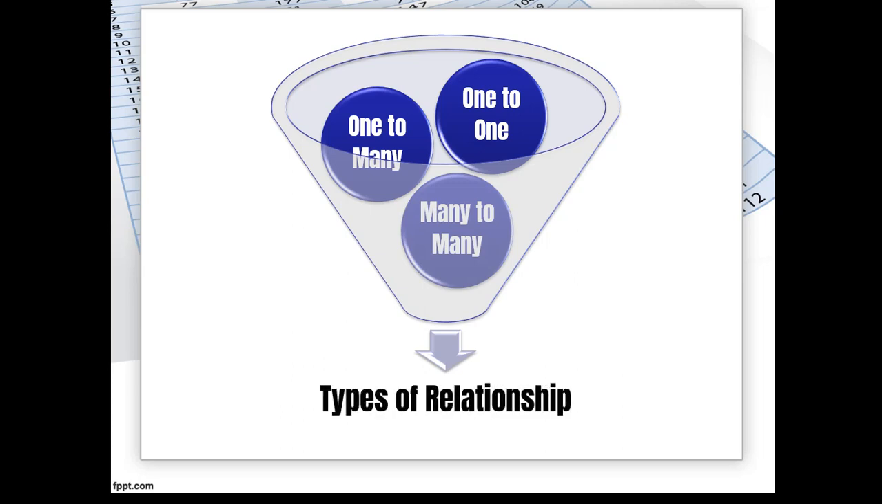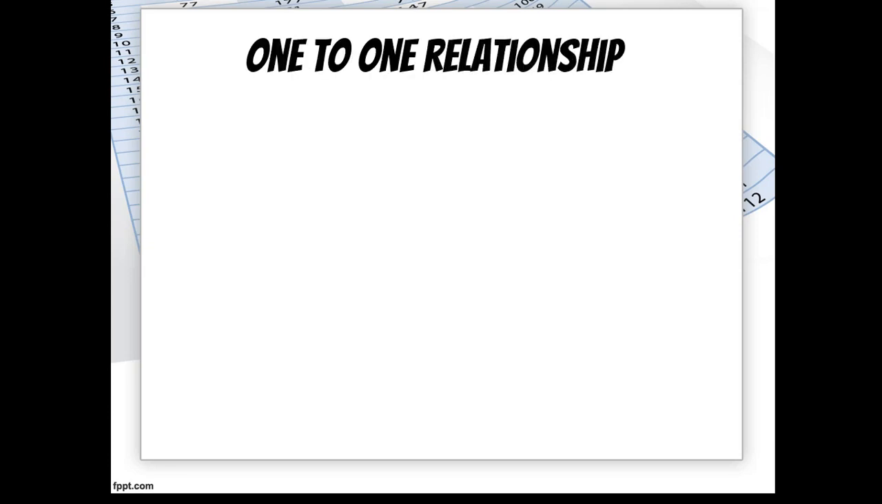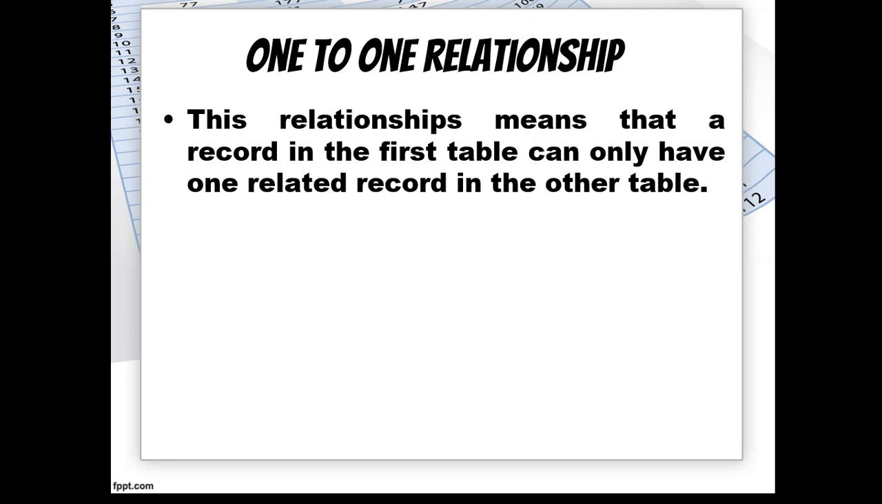Let us first discuss the one-to-one relationship. Again, a relationship is linking one table to another table, and by linking one table to another table, we can view the different information on those tables in one table only. Okay? So, let us start with the one-to-one relationship. It says there that a one-to-one relationship means that a record in the first table can only have one related record